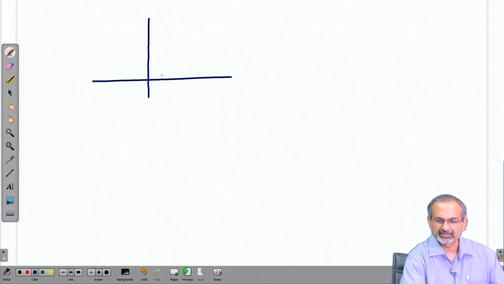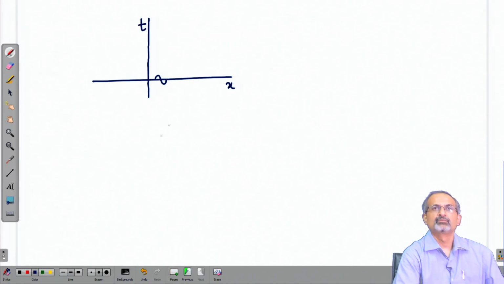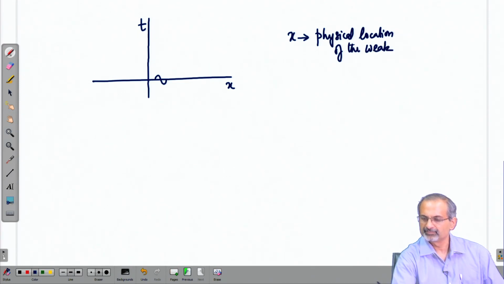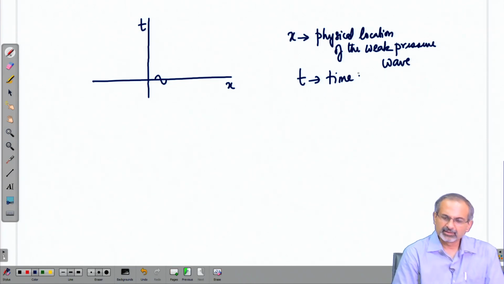If you were to represent the passage of a sound wave in the form of a small ripple propagating through the x t plane, where x is the physical location of the weak wave and t is the time over which you are observing the wave, then you will find